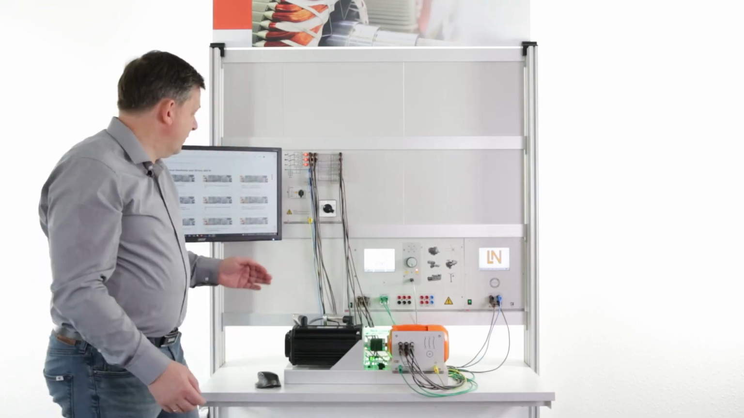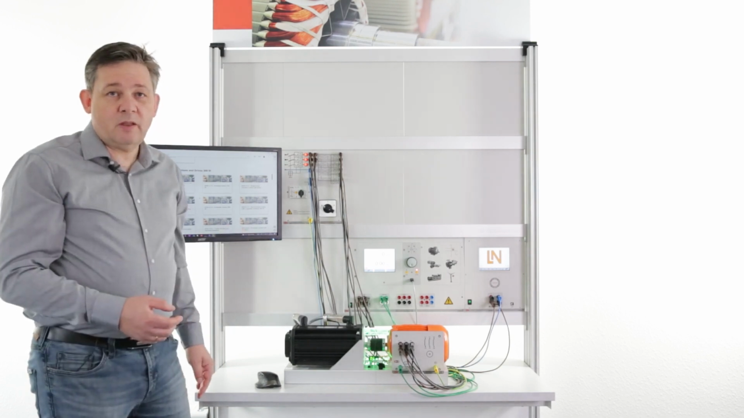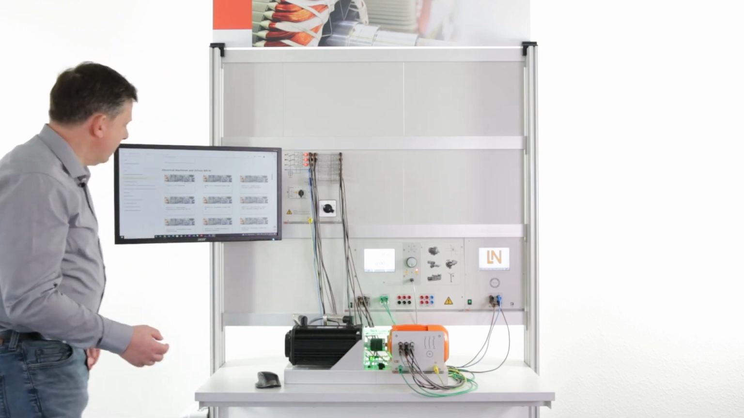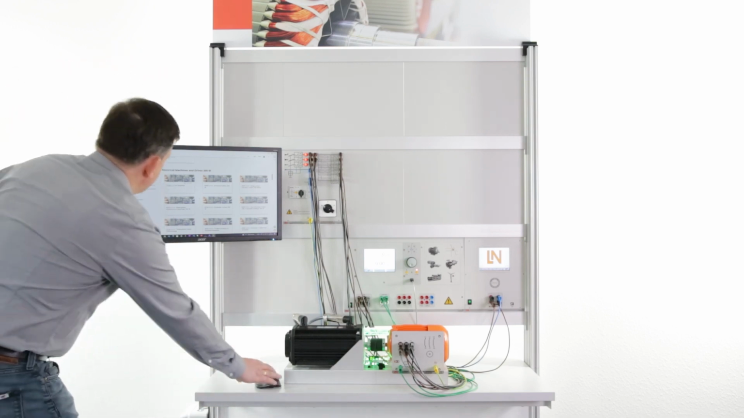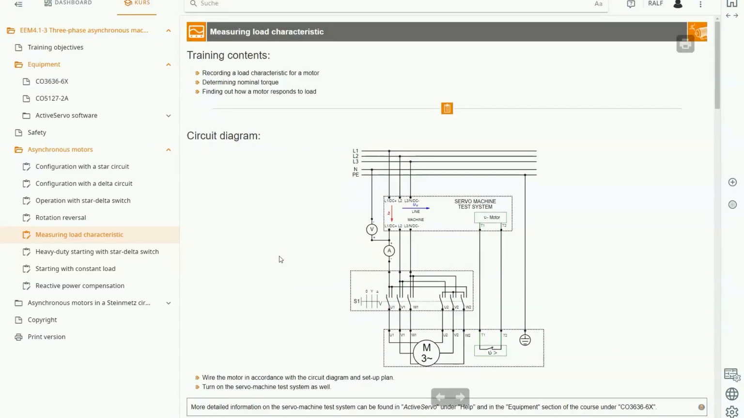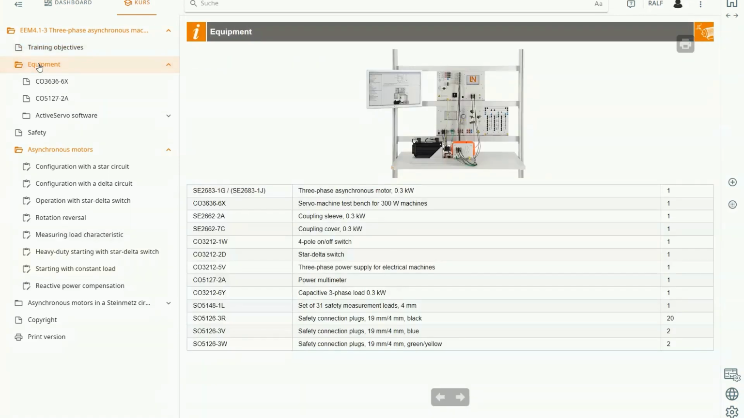Every setup will be supported by a LabSoft course. Just to give you a short introduction to how our LabSoft courses work. So here we have the LabSoft. I will enter the relevant course. Each course will start with training objectives, then we go to the equipment list, to see which equipment is necessary, and